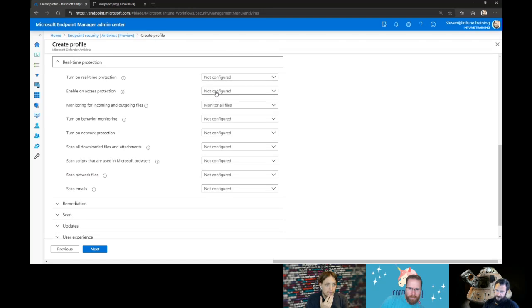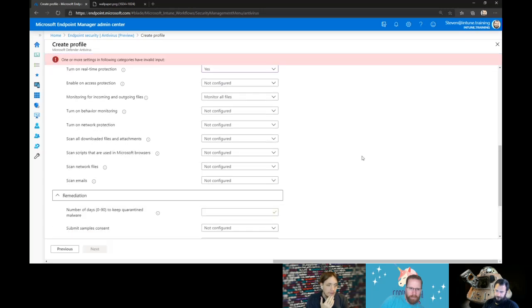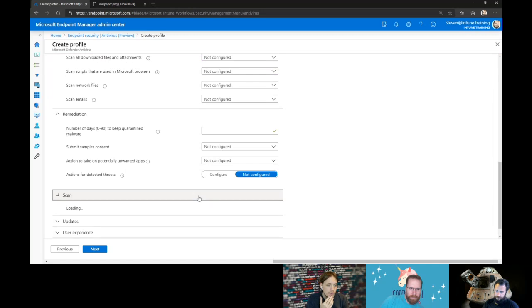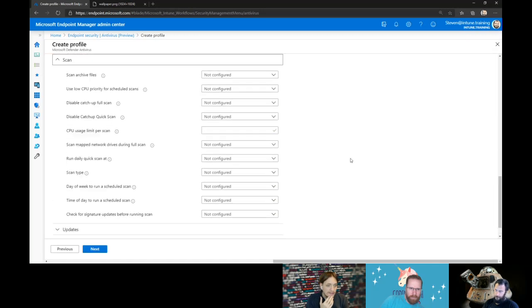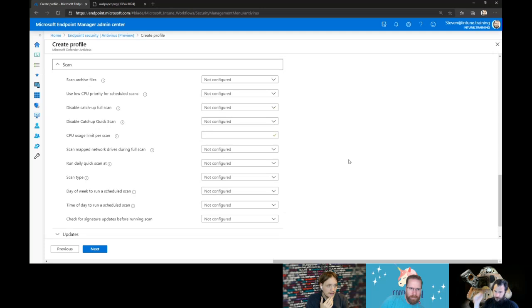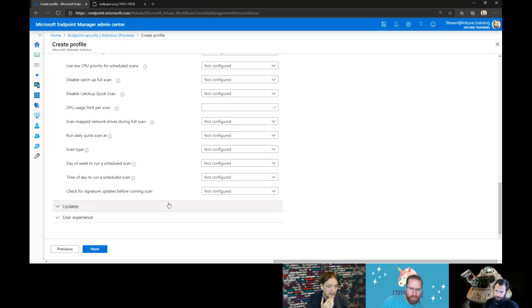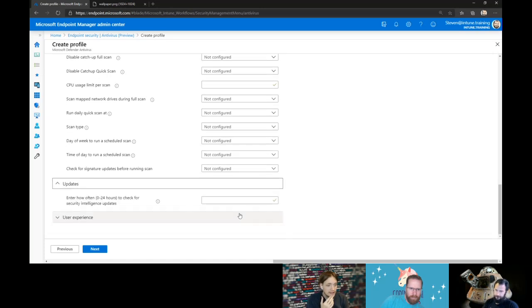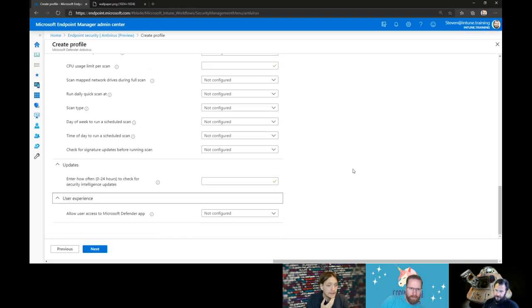We're always going to turn on that real-time protection or make sure that it's turned on, and step it all the way through. Nice. And again, just to harp on this, these are not new settings. These existed before. They're just an abstracted version of the endpoint protection policies that we previously have and still do have. That's right. Yeah, exactly.